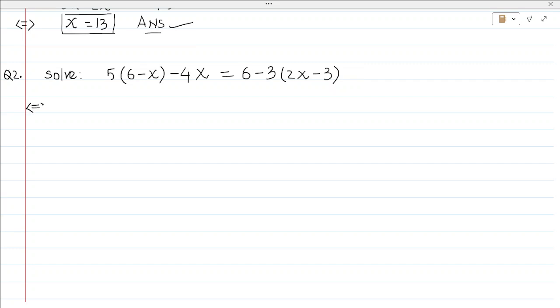So first of all, what we need to do, we need to open the bracket for transferring x to one side. So when we open this bracket, 5 multiplied with 6 gives 30, 5 6s are 30, minus 5x, minus 4x, it is already there, 4x, equality sign, then 6, open the bracket this side, 3 2s are 6, 6x, minus 3 multiplied by minus 3 to produce plus 9. Okay,